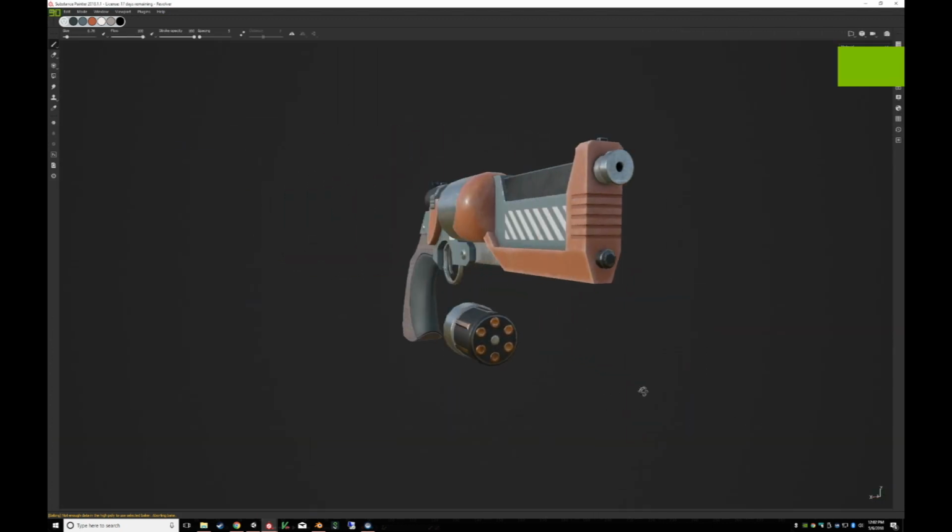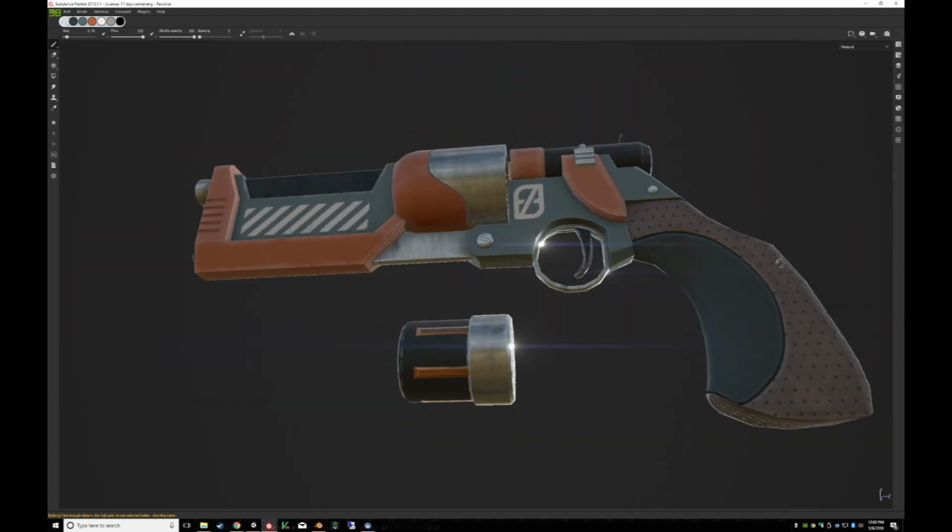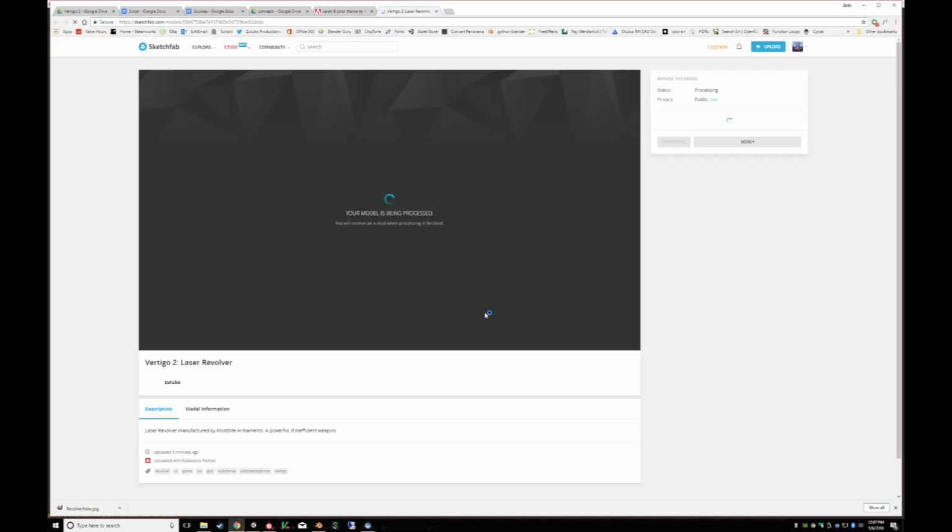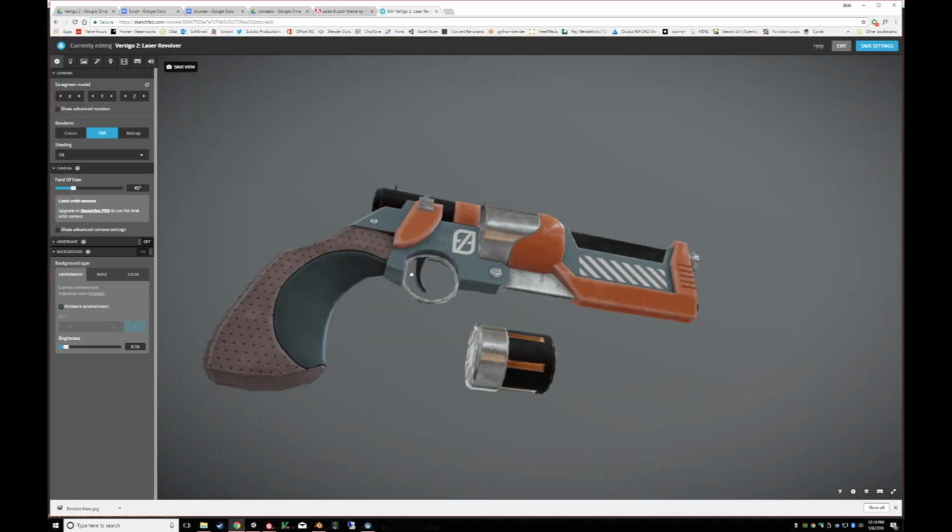And there it is, the FROSTBITE laser revolver. I uploaded it to Sketchfab to show it off to the world, and now I'm editing this very long video, which you probably stopped watching long